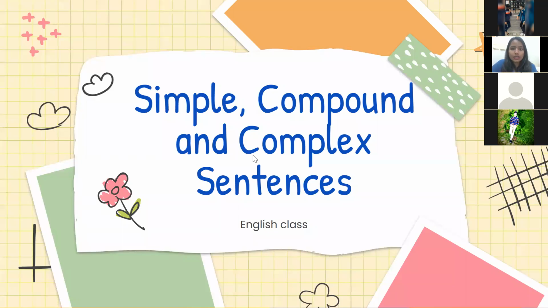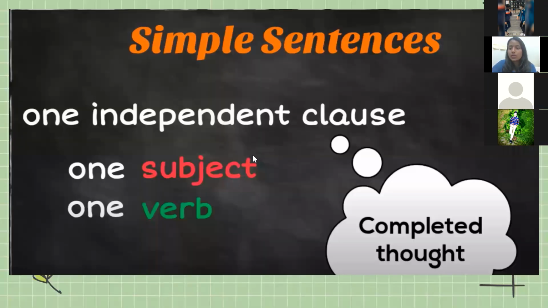Okay, so let me start with this. First, we are looking at simple sentences. Okay? आपको पता है independent clause are what type of sentence? Complete or incomplete? Complete sentence. Okay? I'm constantly gonna keep asking you all this so that आपका revision भी होता रहे. ठीक है? Independent clause are complete sentences. That means simple sentences are also complete sentences. It has one subject and one verb. It is a complete thought. Okay. For example,